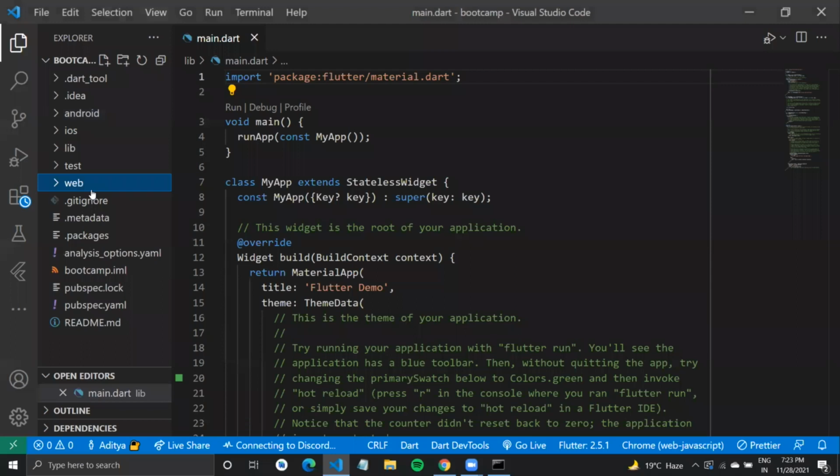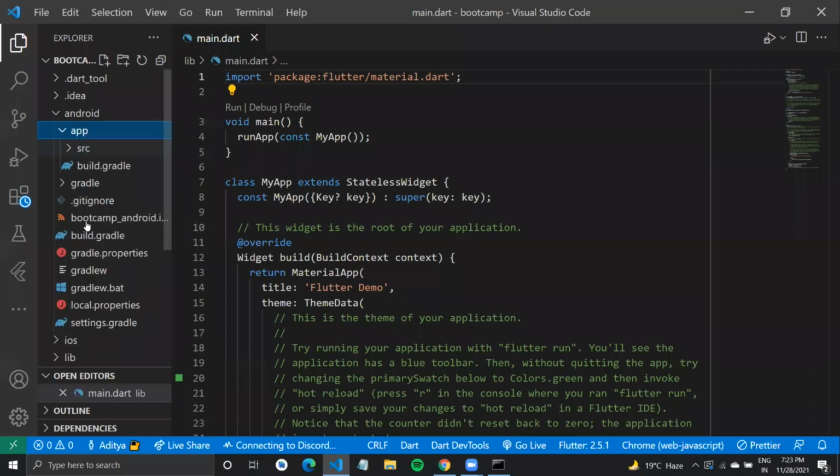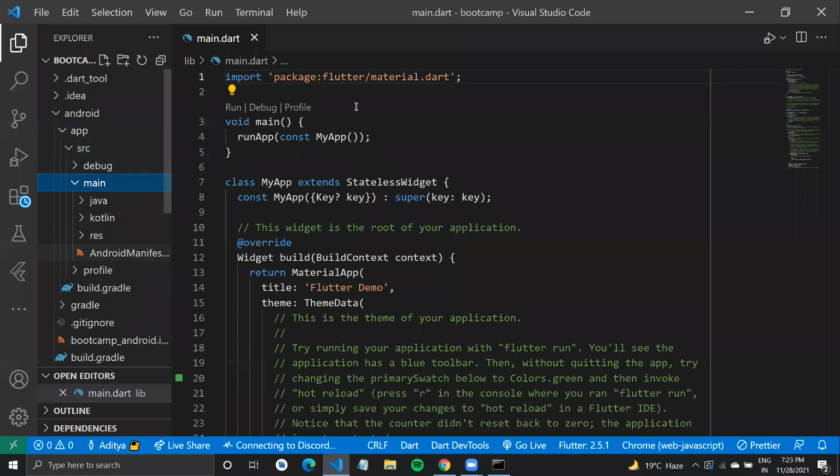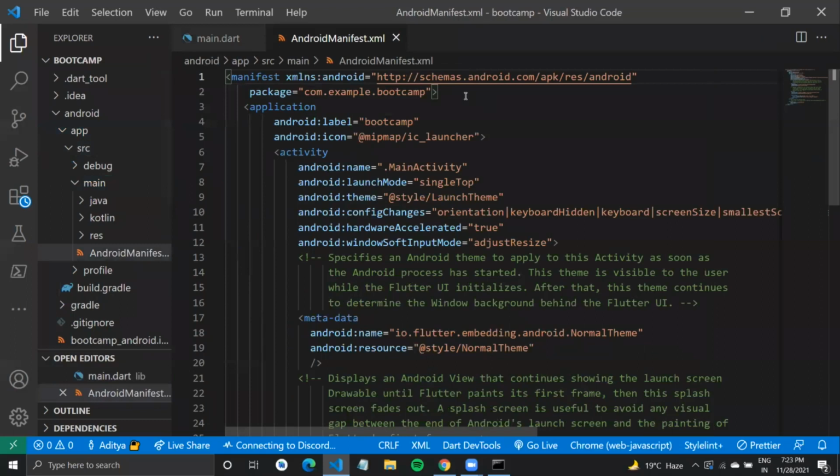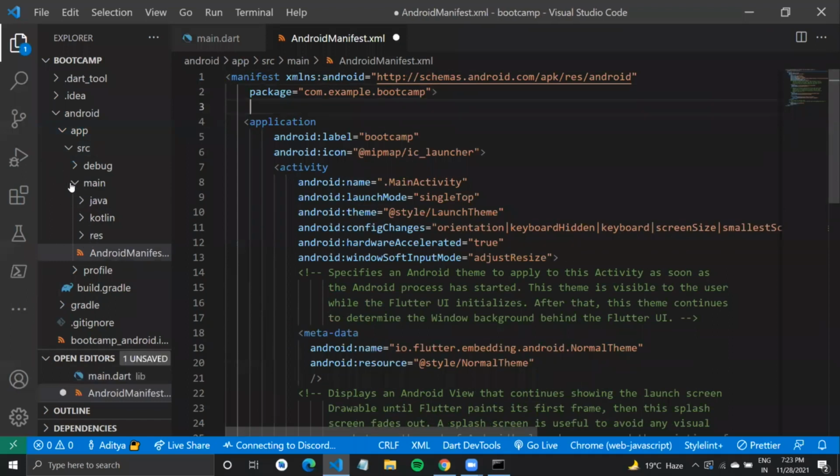The Android folder would have all the Android files in it. So let us say later in the project you want to work with the manifest, you can find that inside Android, app, source, main, and there you have it. There is the AndroidManifest.xml, and you can add certain permissions, like maybe you want to use the internet permission or the location permission, so you can add all these permissions here. And you can also do that for iOS, if you want to add certain permissions.